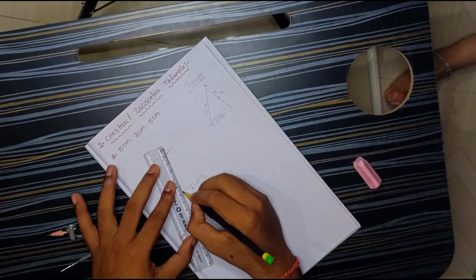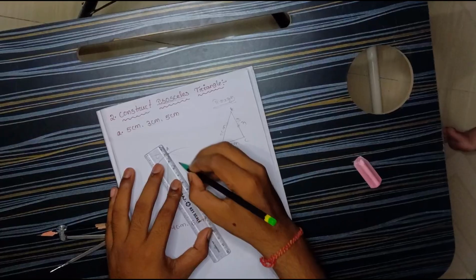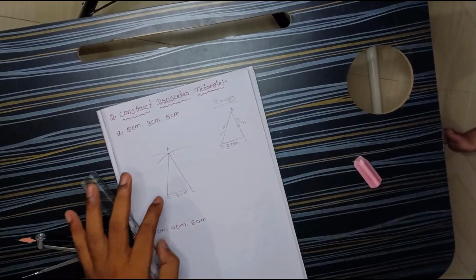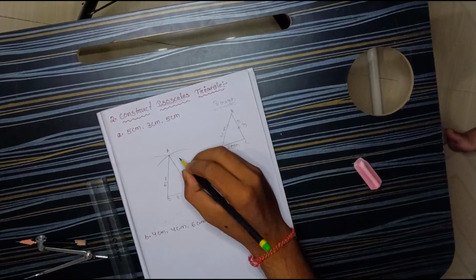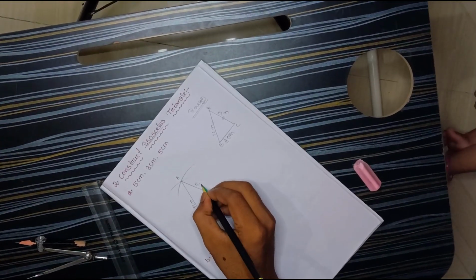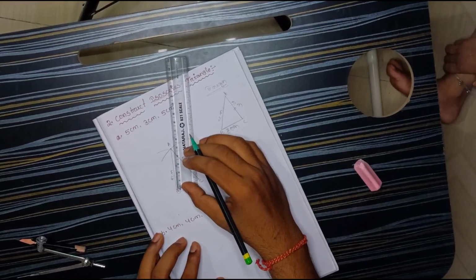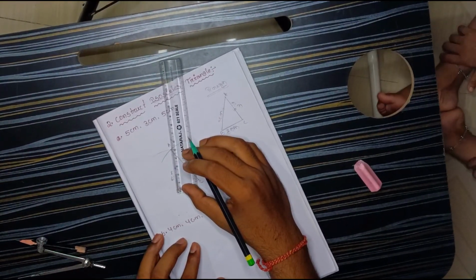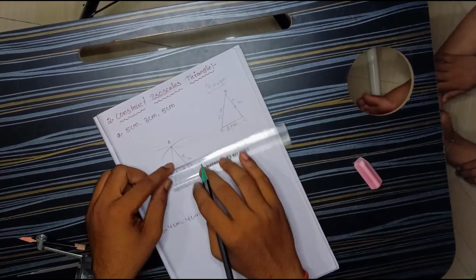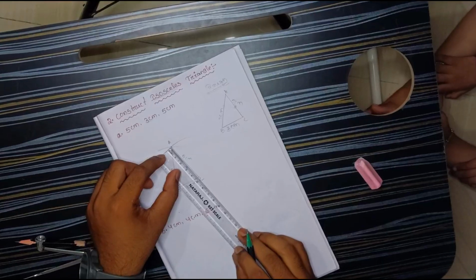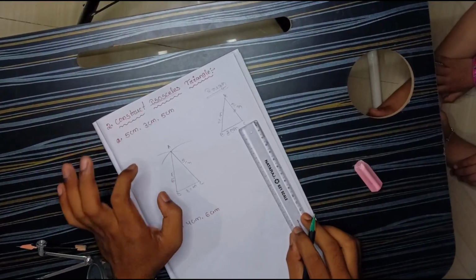Now you have to join AB and now you have to join also your AC. Now this one is the isosceles triangle, using the length of 5 centimeter in AB, 5 centimeter in AC and 3 centimeter in BC. How do you confirm that? When you have finished your drawing, you have to measure it. Look, this one is perfect 5 centimeter. Yes, and this one is also your perfect 5 centimeter. By this way you have to construct your isosceles triangles also.